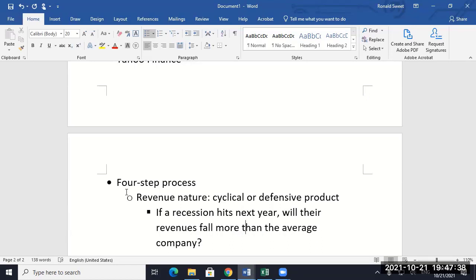So you don't just say, hey, we have a recession, our revenue is going to get hurt. Well, yeah, almost every company out there, we have a recession. Walmart, maybe, Walmart actually did really well in 2008 and did really well in 2020. But Walmart's not like hoping for a recession that suddenly a million people are going to show up. Maybe people stop going to Nordstrom's and go to Walmart, but there's going to be people who aren't going to Walmart because they were hurt by the recession. So it's a relative thing. Is this firm more hurt by recession or less hurt by recession? And you start with the revenues. That's the key, all right? So is your firm defensive or is it cyclical?